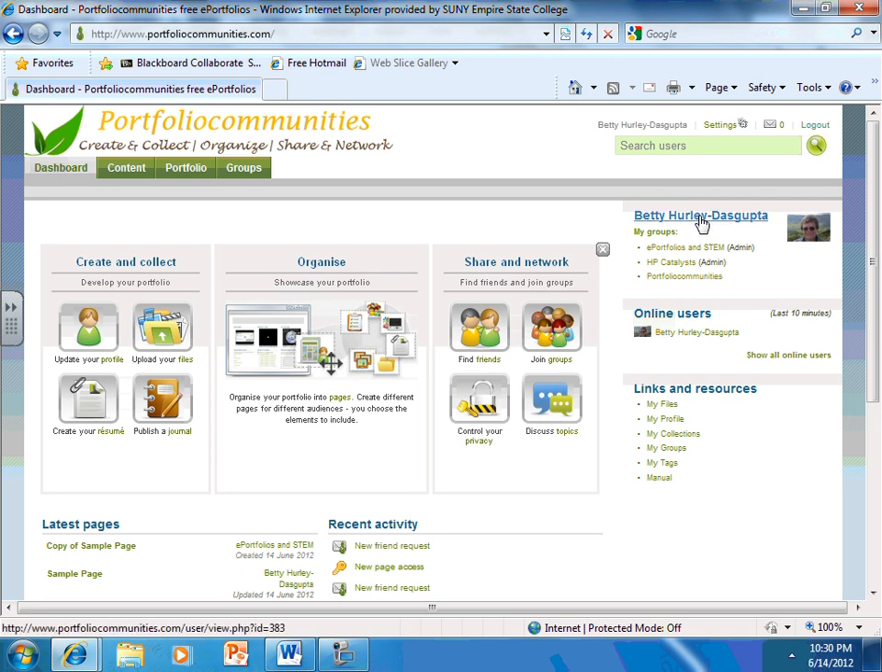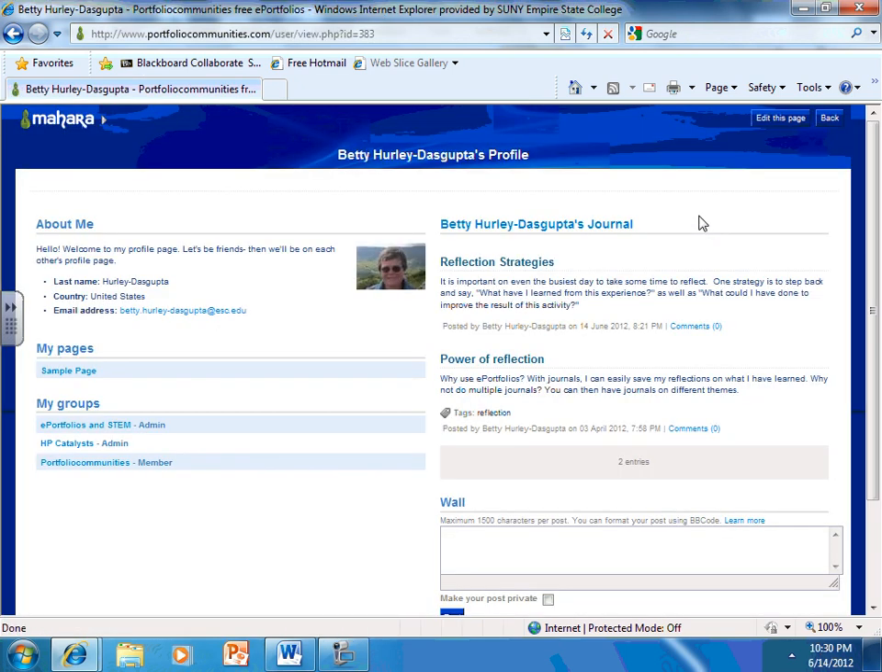But for now, I'm going to click on my name, and that will bring me to my profile, which is also a very critical space and common space in Mahara. And I've put a few things in my profile already. I've put a little bit of information about me. It tells what pages I have, at the moment just one page, what groups I belong to. And also I've added to my profile